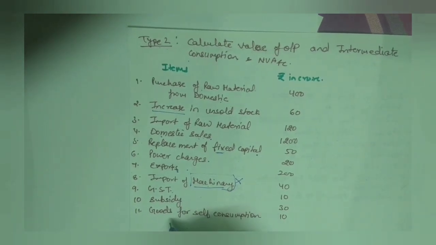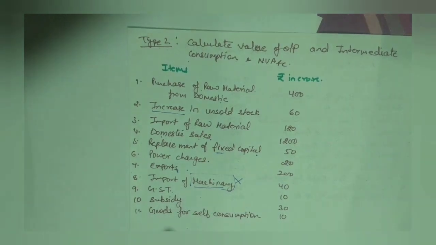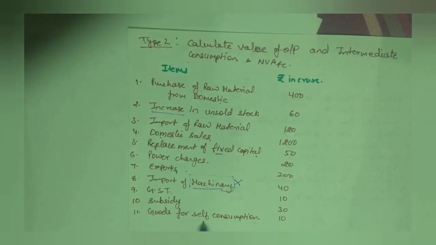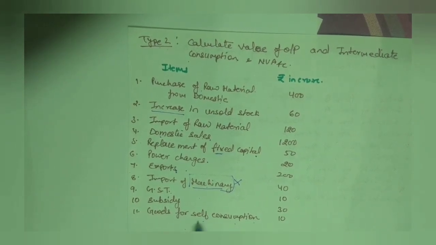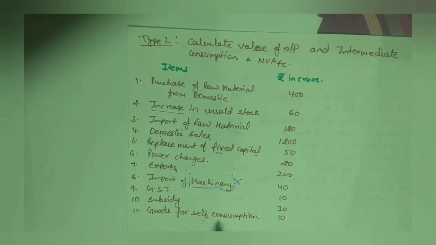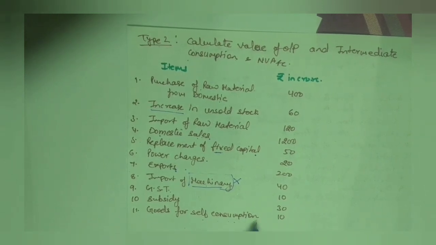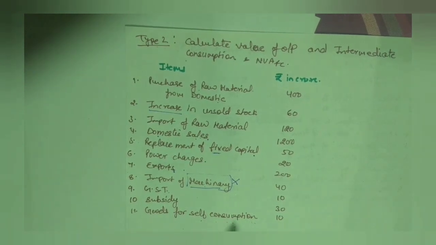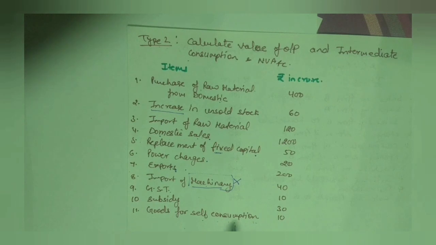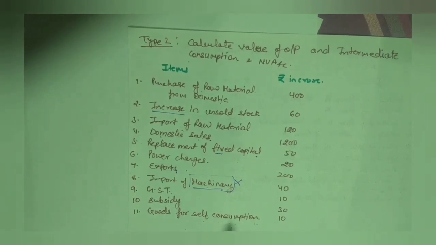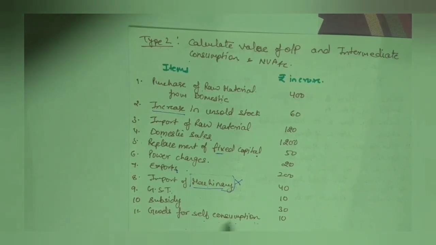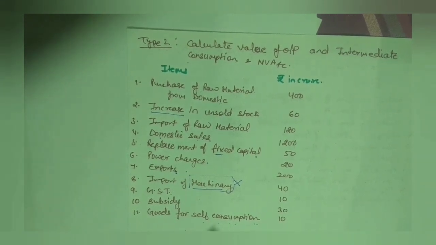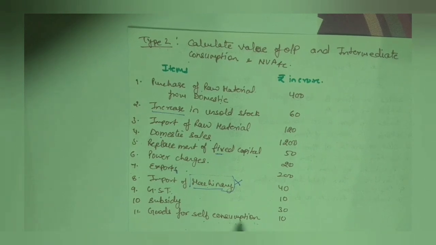Subsidy, and the last is very important, understand it. Goods for self-consumption. Goods for self-consumption means the goods are produced by the firm but for self-consumption, but that will be added in the sales of the firm because they are helpful for generating current flow of output in the country. Whatever is produced will be consumed, will be sold, will be stocked as an unsold product. So in sales we use domestic sales, export as well, and the goods for self-consumption, right?